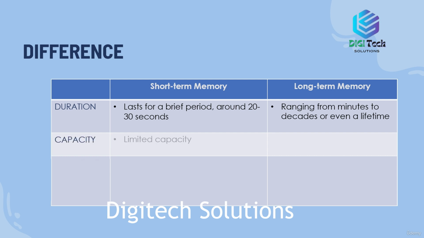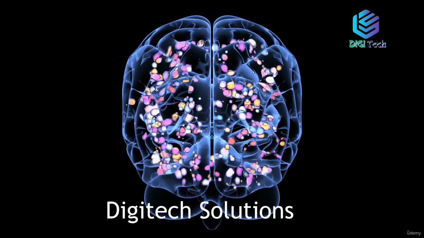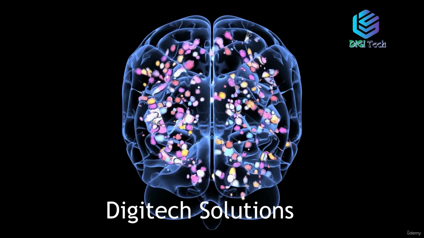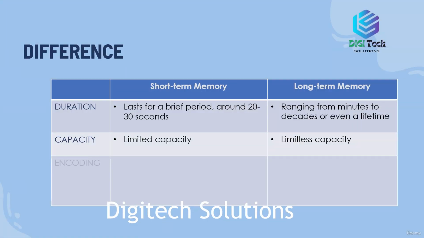Capacity. Short-term memory has a limited capacity. It can hold, on average, about 7 items. In contrast, long-term memory has a nearly limitless capacity, allowing us to store vast amounts of information without running out of space. Encoding. The process of encoding or transforming information into a format suitable for storage also differs between short-term